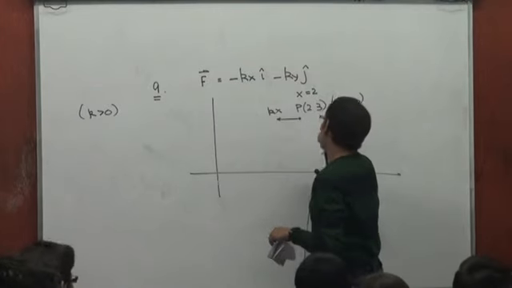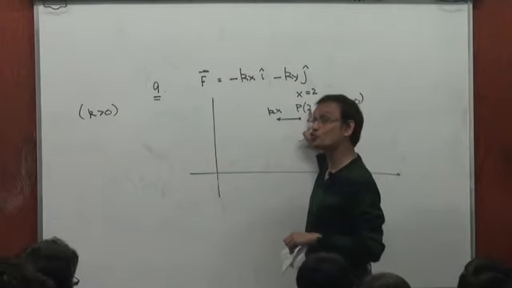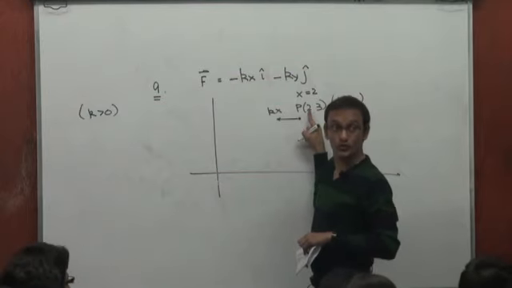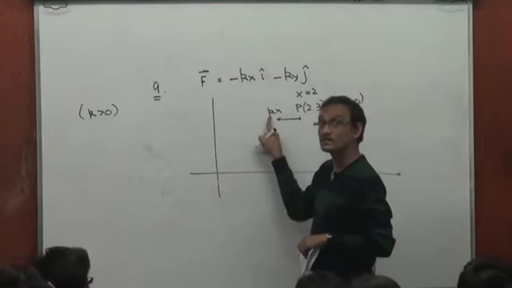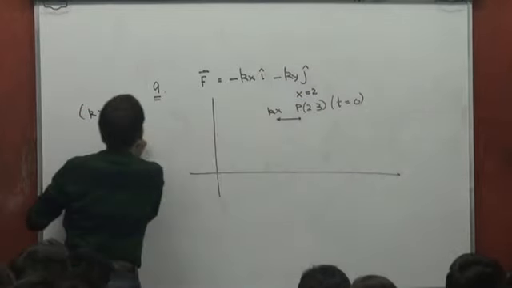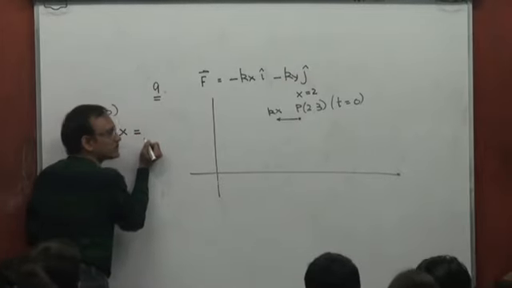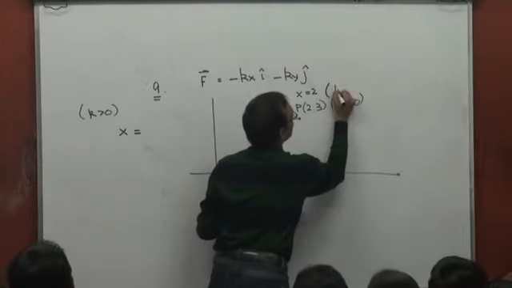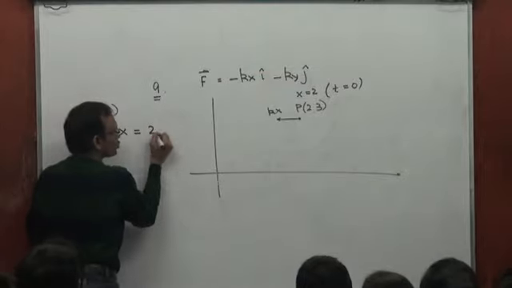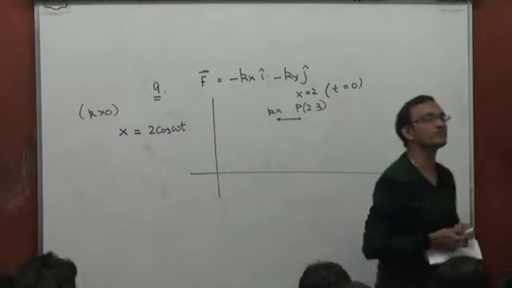It therefore would execute simple harmonic motion, x equal to 2 cos omega t, because at t equal to 0, x is 2 and the force constant is k. So, the omega would be root k by m. So this particle, because of this, would have its x coordinate at any instant of time. x equal to 2 at time t equal to 0. So, x equal to 2 cos omega t would be the nature of motion